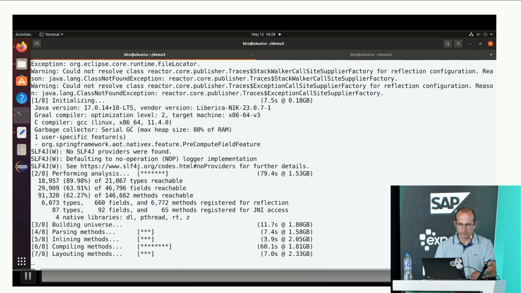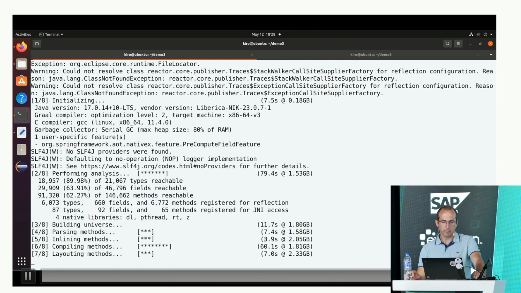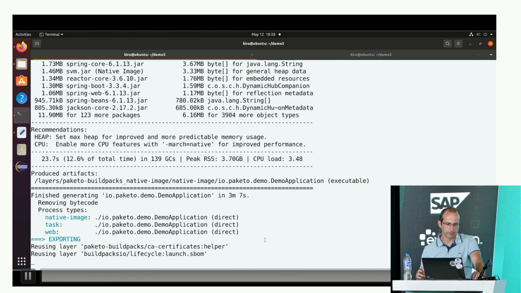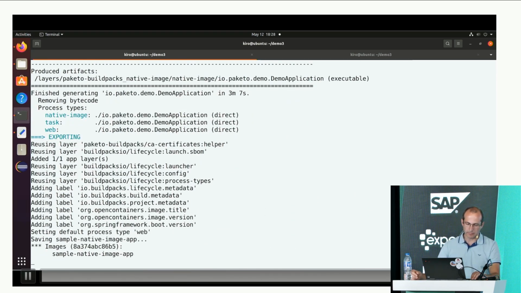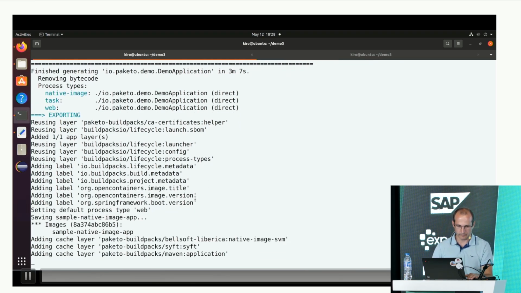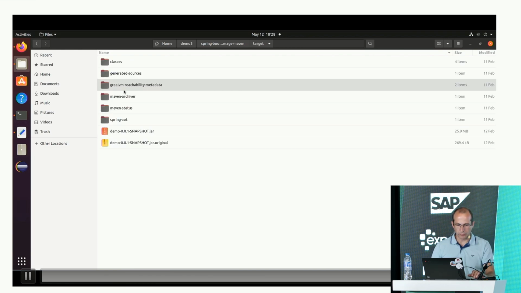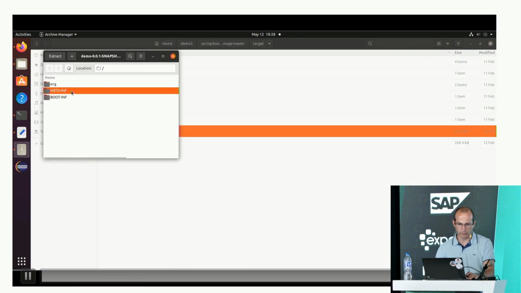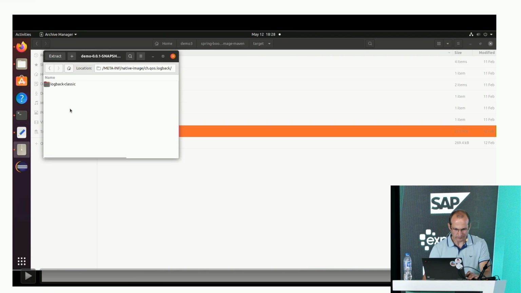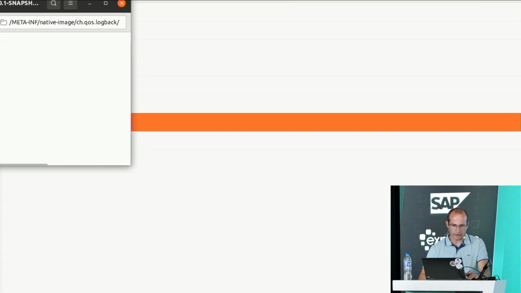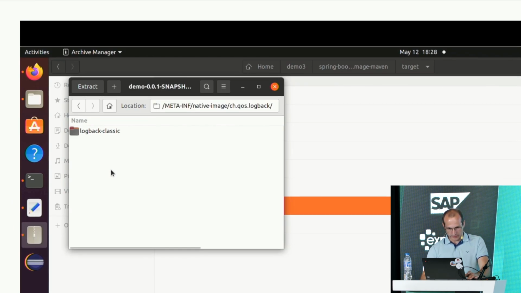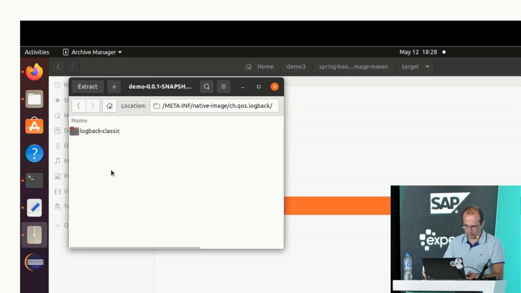And there are some advantages, of course. The startup time with GraalVM is almost nothing in comparison with the normal compilers. But of course there are some drawbacks like the slow build time, and also here I want to show you that with this automatic generation of the image, the plugin and the whole thing, the Spring Boot builder,